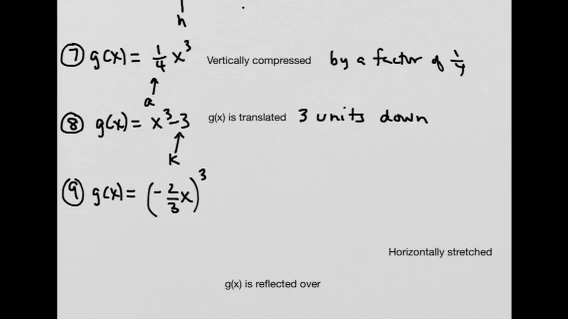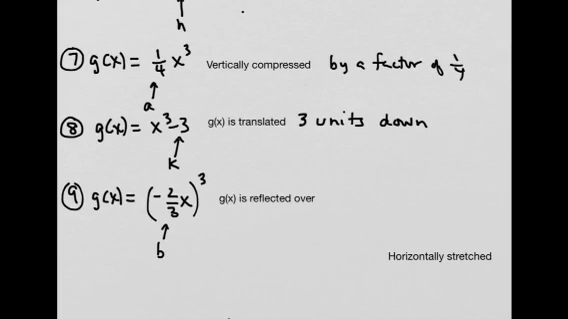Okay, so for number 9, we can consider this the b value because it's inside parentheses with x. And then this negative here just tells you that it's going to reflect over the y-axis. So we'll start off with that one. G of x is reflected over the y-axis,